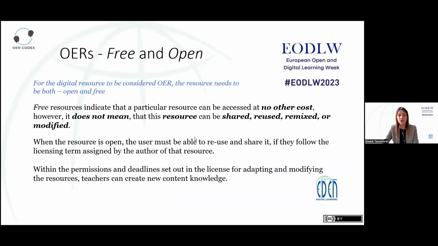Of course, in the last lesson, the 3rd lesson, we talk about the difference between free and open, between public domain, copyright, and these issues, this last lesson being more practical and allowing teachers to understand how to assign the license and what needs to be taken into consideration when we have already created the resource and we want to publish it.